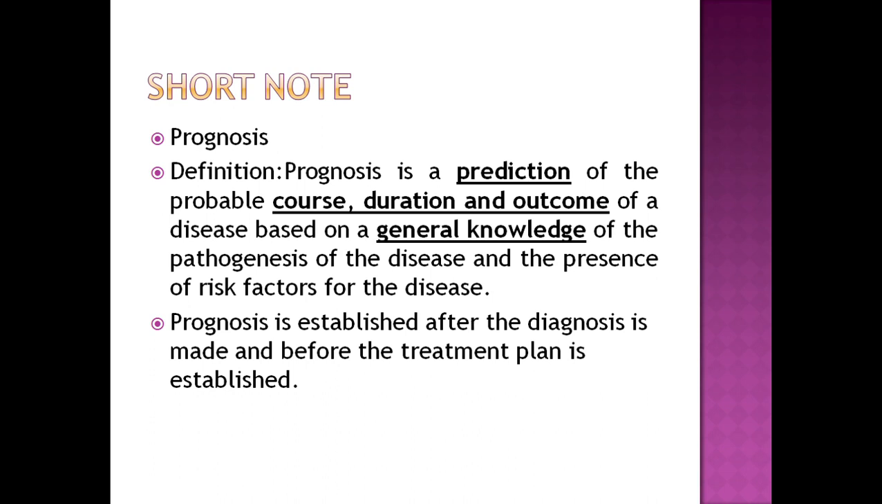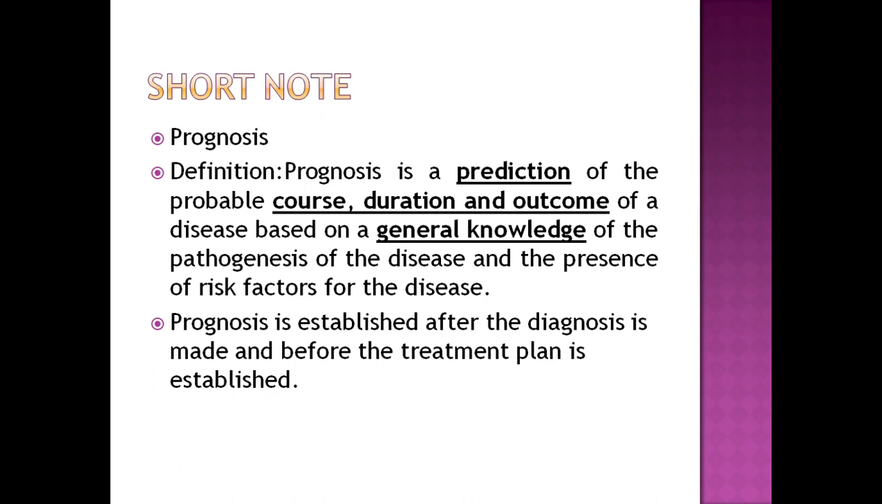Now, the next short note is prognosis. Prognosis is to predict what will happen in future. It is the prediction of the probable course, duration, and outcome of the disease. So, we have to predict well in advance what will be the course of the disease, what will be the duration of the disease, and the outcome of the disease, provided you have adequate general knowledge of the pathogenesis of the disease